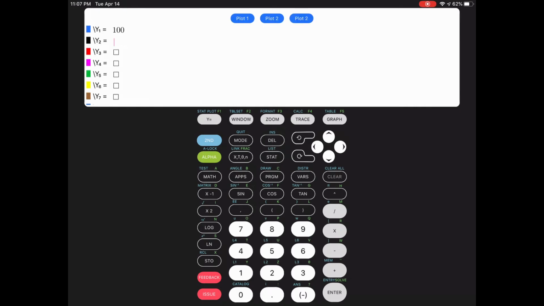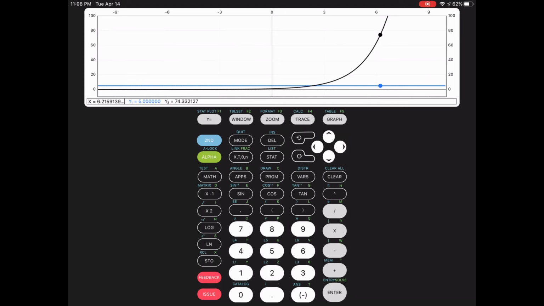So clearing here, instead of 1 million, I'm going to put 5. And I'm just going to go 2 to the x on y2. So I'm going to intersect this. So graph, and then second trace, 5. Then we're going to find our intersection right there at